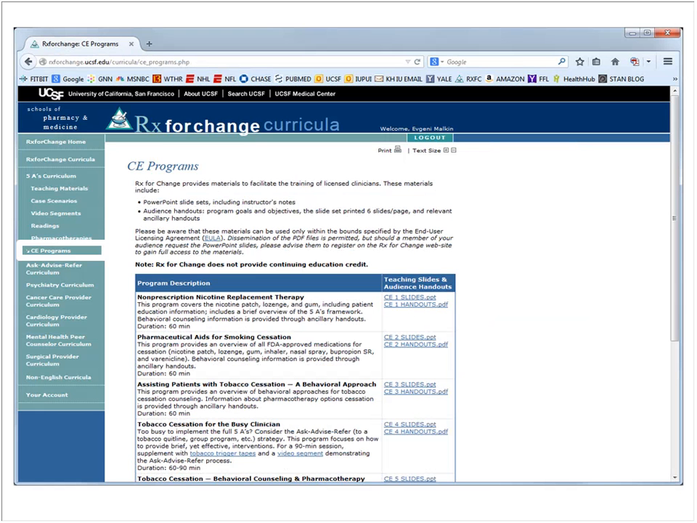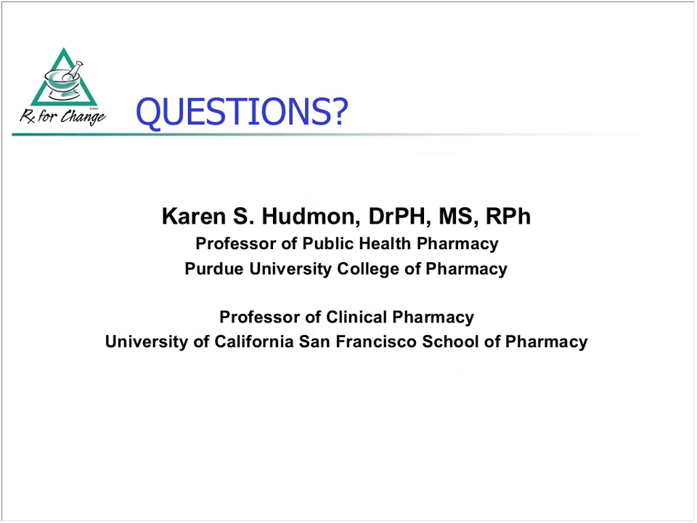And then we have the CE programs, as I mentioned, but this is just us putting things together to make it easier for other people. So it's all just a subset of the larger slide set. Okay,